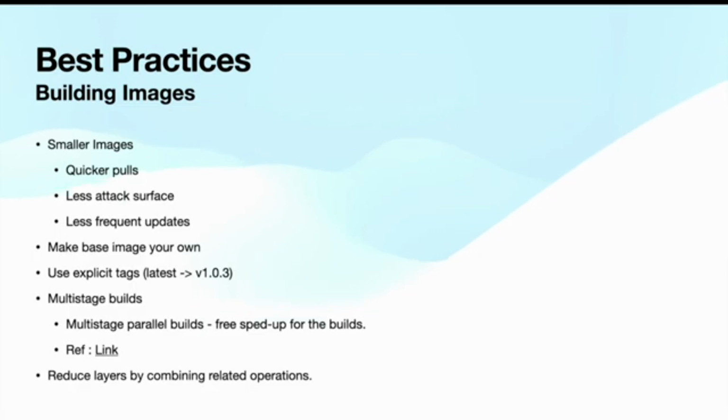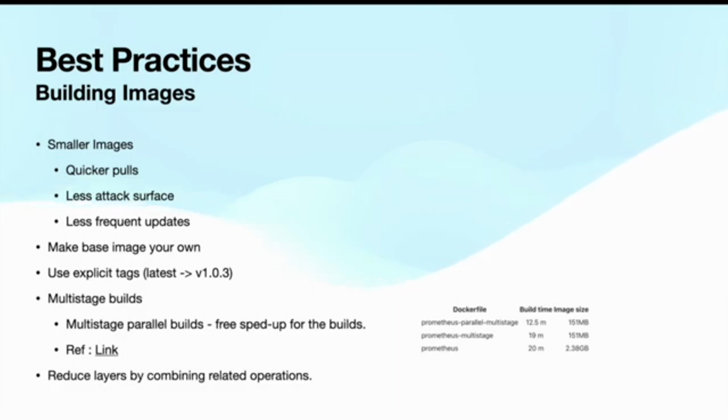Multi-stage build is a very useful thing. You can save a lot of size and time in your build process. For example, this Prometheus image, when it comes to building as a single Docker file, takes 2.38 gigabytes. But